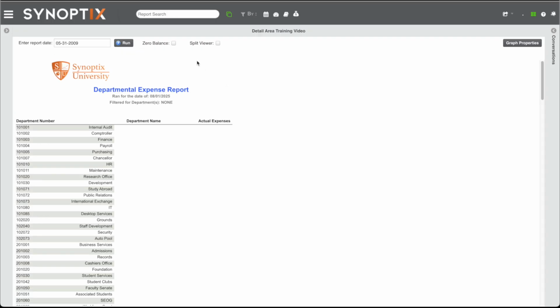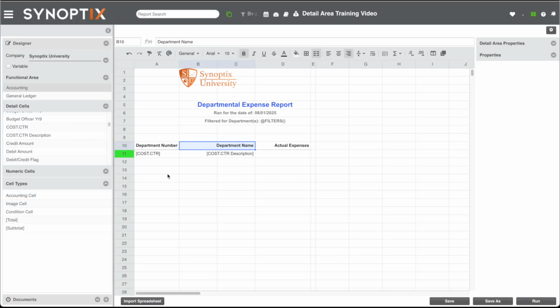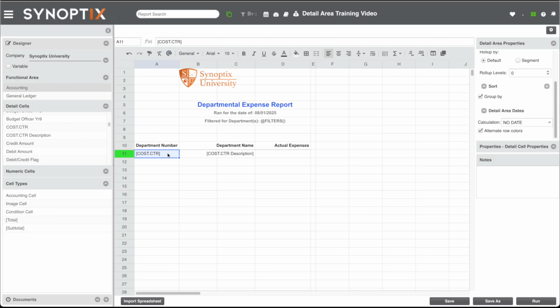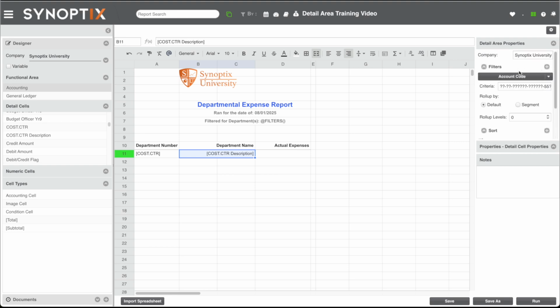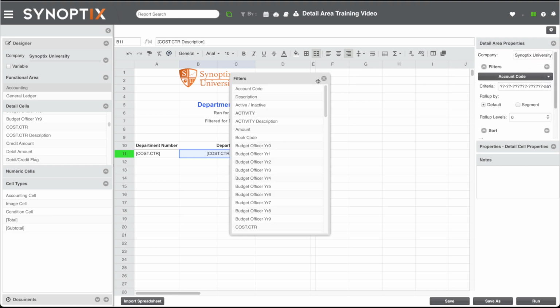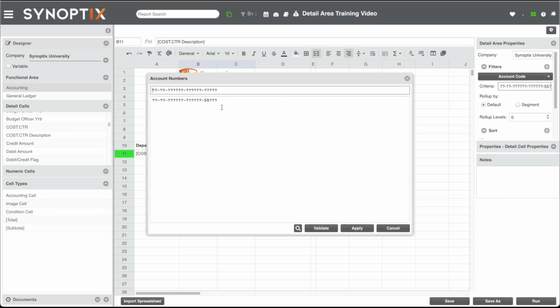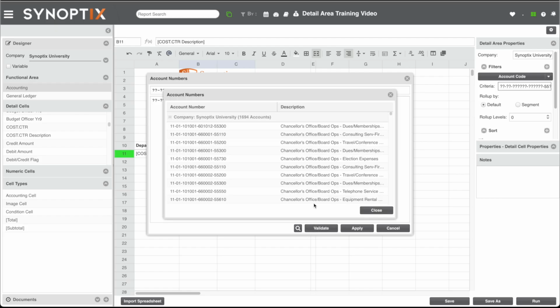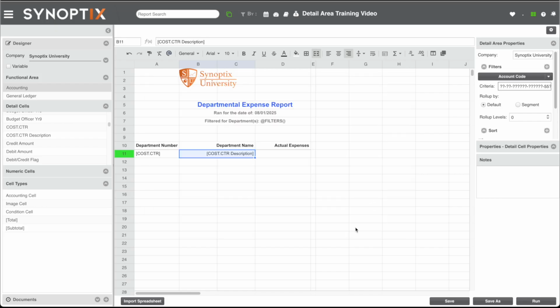Okay, let's do just a little bit more here. So, again, just a quick review. From the left-hand side, we've added the components that we want to see, in this case our cost center, our department, and its corresponding description. The next step is we added a filter. We chose account code, and we defined the criteria for that filter, in this case any object code that's starting with 55. We validated that and made sure that the rest were wildcards, which is going to allow us to filter at runtime. We're then going to come down and run our report